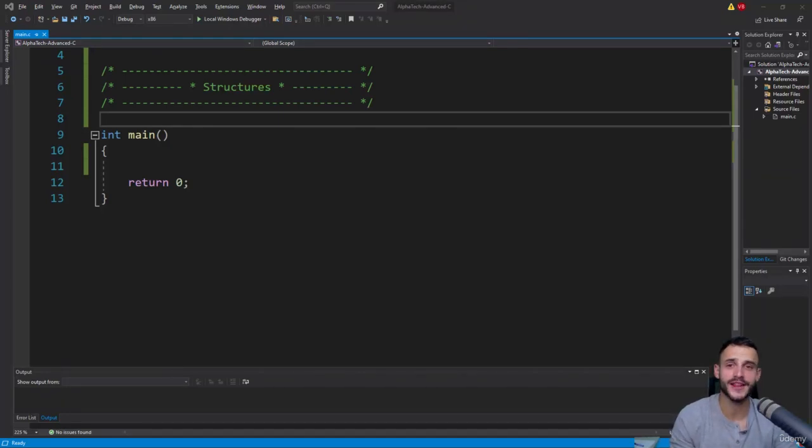Welcome, ladies and gentlemen. In this video, in this section, we are going to talk about a new topic called structures. So, to start with, we will see some general explanation of what structures are in general, why we should even consider using them, and then we will see a couple of examples that will show us how